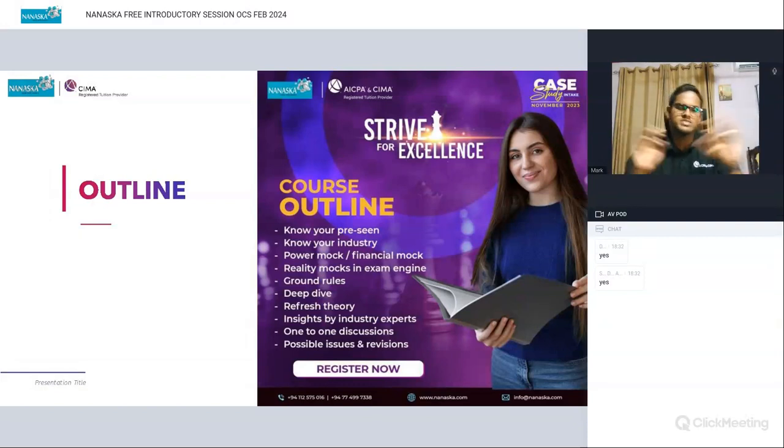So we start off with a quick analysis on the pre-scene. Now, what is a pre-scene analysis? We go through the pre-scene, we develop, you develop, I develop, both of us together, right? Interactively, we come up with possible scenarios when you read through a particular page of the pre-scene. What could be the examiner's thinking behind, let's say, costing? What could be the examiner's thinking behind sales? Can we introduce more sales channels? What is our current value chain? So it's going to be an interactive discussion when we do the analysis.